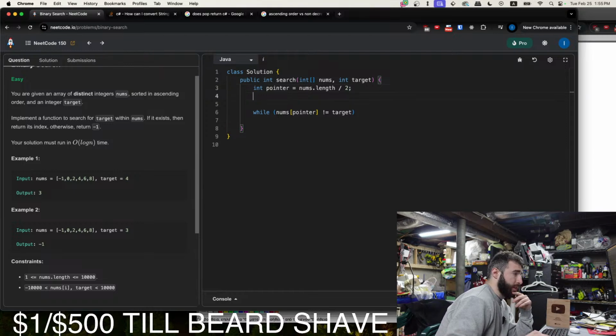But some extra variables that might help are maybe positions we've already searched. If we use that, I could see this maybe going to an O of n solution.